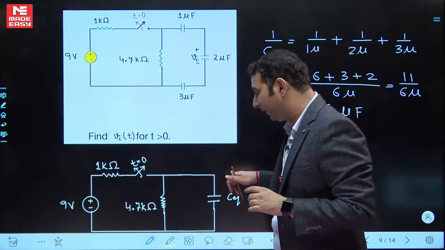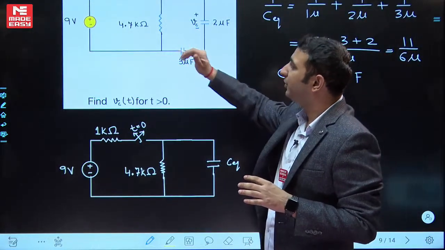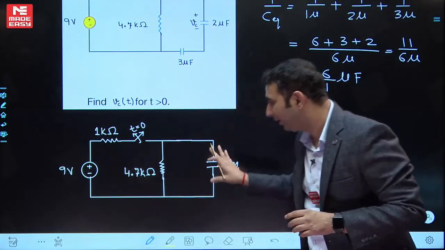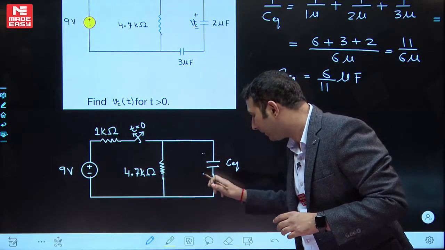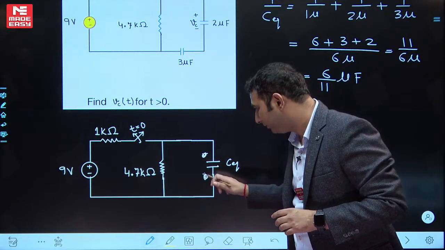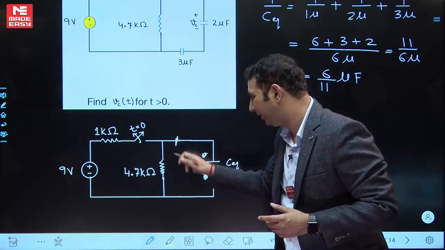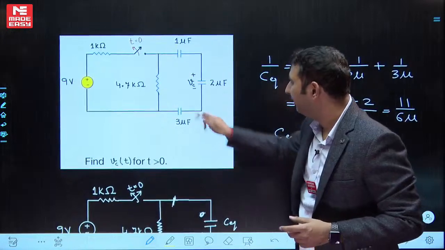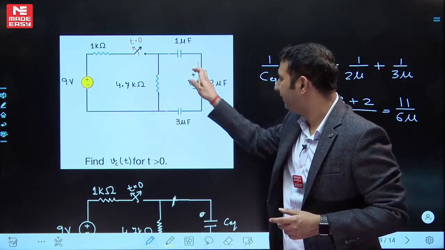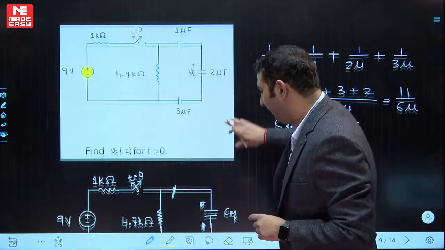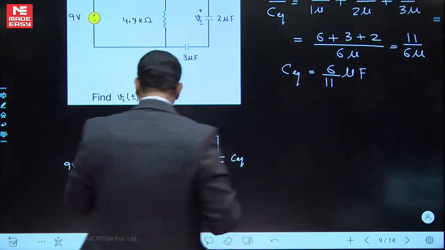First task over. Now the question has got changed from this to this. In this question, I want to find the voltage across this capacitor combination. Because once I have the voltage across this combination, that is as good as saying that I have the voltage across this, that is this. So I can later on use the voltage division to get my answer. That's what I'm thinking to do over here. So now, let's start solving this question.